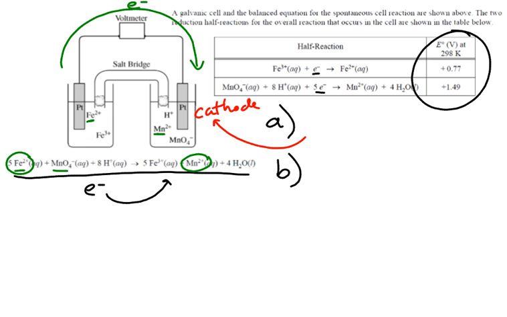I want the most positive value I can get, period. The most positive. One always has to flip. So if I flip the bottom one, I get negative 1.49. I add those together, I don't have a positive number, right? So I have to flip this one. That one is flipped, and that's why now Fe2 plus is on the other side. So when I add all that up,